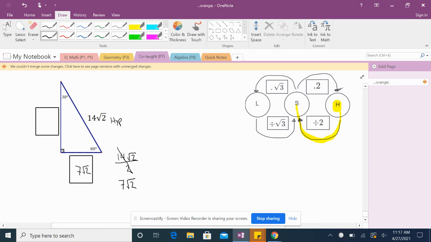This is my short side. And now that I have my short side,